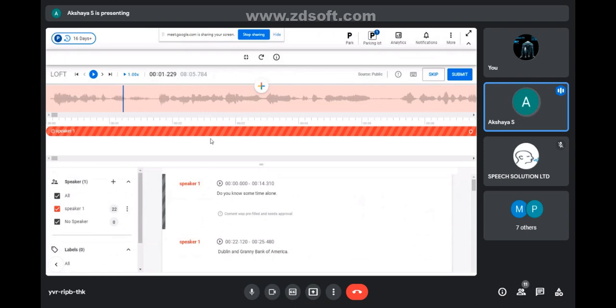Okay, there are two types of segmentation: non-speech segmentation and speech segmentation. For speech segmentation only, you need to follow the 30-second rule, the 0.5-second rule, and the 100 ms buffer rule. For non-speech segmentation, you don't need to follow the 30-second rule, because if you hear noise from start to end, you don't need to create multiple noise annotations for 30 seconds or 2 to 3 seconds. Just create one long noise segmentation for the entire audio. Even 8 minutes is fine. But for speech annotation, you need to follow the 30-second rule and the 0.5-second pause rule.